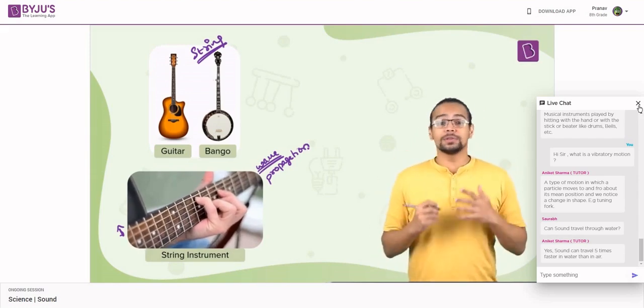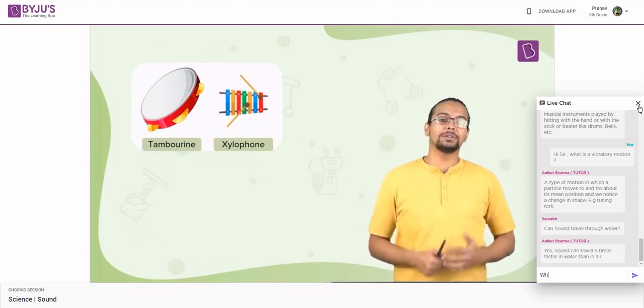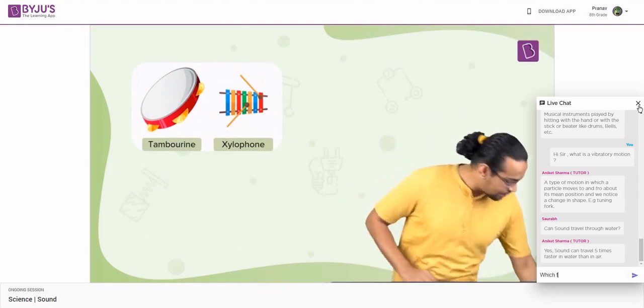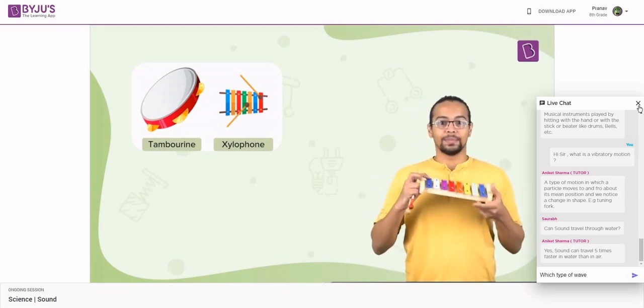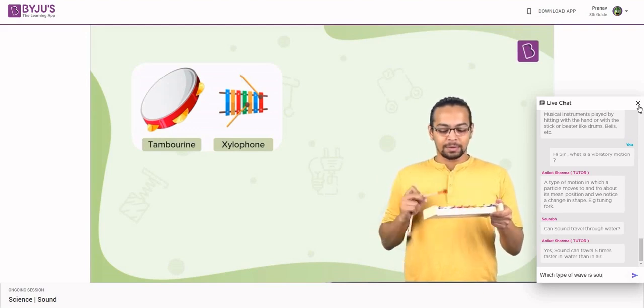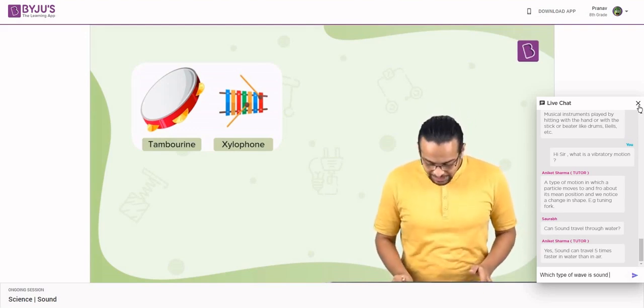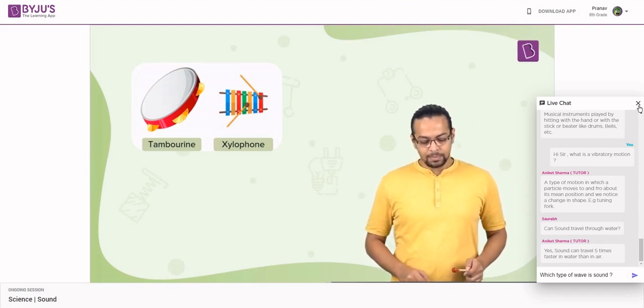Another kind of instrument that produces sound is something that we call a percussion instrument, something that you hit to listen to sound. In fact, here I have with me a xylophone. Have you ever played with a xylophone? You hit the metal pieces, you can hear sounds. I actually want to do some little playing for you.